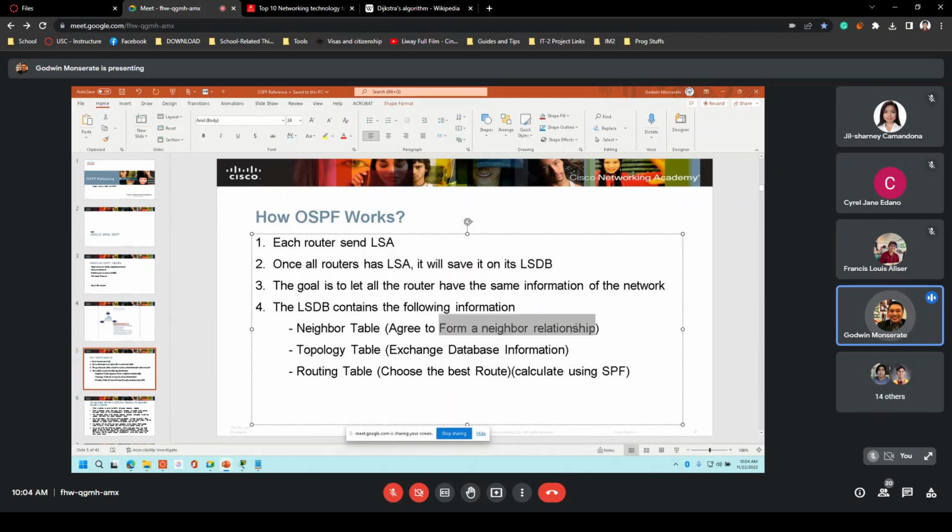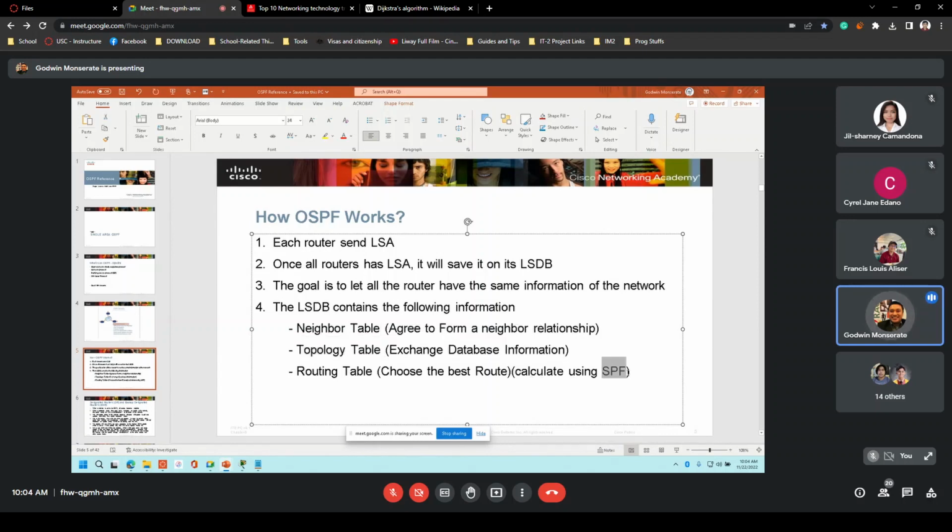Once they agree, the routers exchange database information: IP addresses, network addresses, redistributed routes, and how many hops it will take to go to that particular network. Once the topology is established,